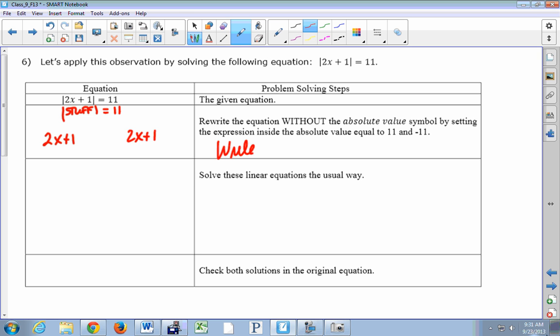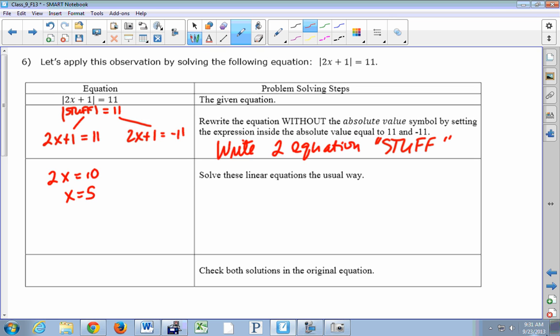So you always write two equations that has the stuff involved in it. Whatever that stuff is. I'm not doing anything to the stuff except for creating two new equations. What can that stuff equal? That stuff could equal a positive 11, or it could equal a negative 11. Okay? So you just take the stuff out and you set it equal to a positive, whatever that constant is, and its opposite. And then you have two baby linear equations to solve, as you always have learned how to solve them. So you get 5, and in this case you get 2x equals negative 12, x equals negative 6,